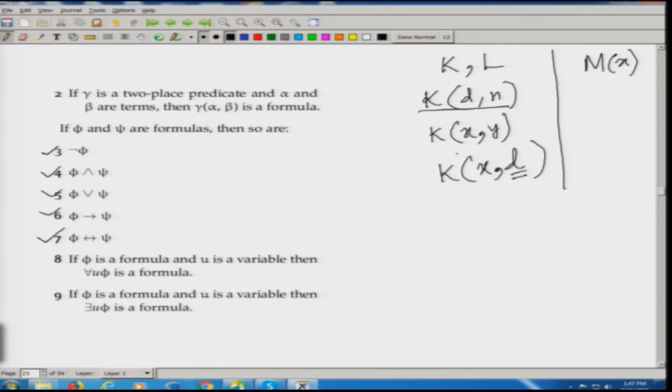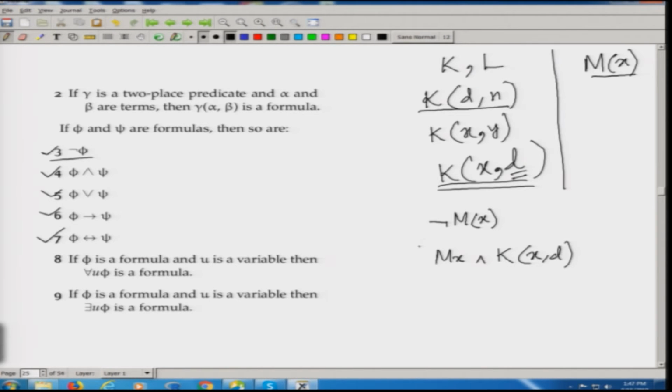So we just take this one, anything. Since both mx and kxd are formulae, you can construct by using the first rule of this set, that is rule 3. Because mx is a formula, you can have neg mx. Now I directly apply it to mx. I can also apply it indirectly, that is, after applying some other rule, I can apply this. So I can have something like mx and